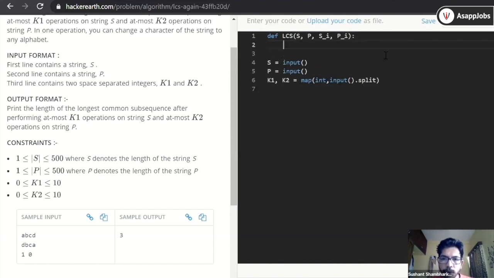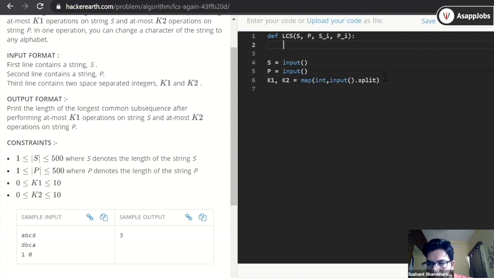So anybody guess what will be the base condition? If string length is 0, yeah, that is kind of correct, but our string will always be constant. Index should be greater than 0. Yeah, index will always be greater than 0 because we will pass 0 and then we'll go in only one direction in increasing way. So what will be the boundary condition?